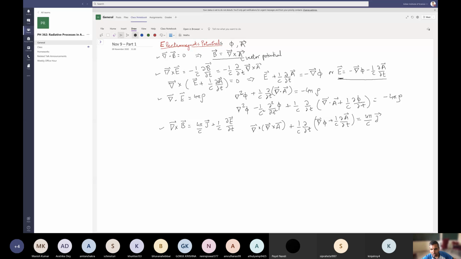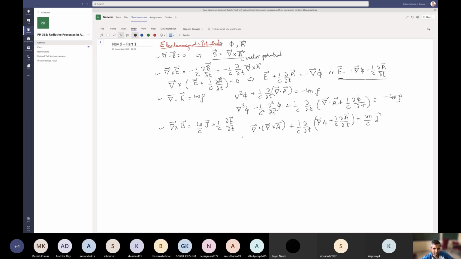Okay, so this is nothing but minus 1 by c dou E dou t. So it will give you this cross term for phi and something like a wave equation